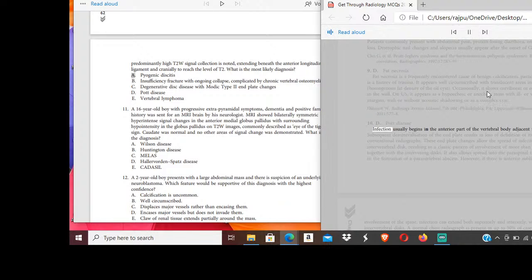D. Pott disease. Infection usually begins in the anterior part of the vertebral body adjacent to the end plate. Subsequent demineralization of the end plate results in loss of definition of its dense margins on conventional radiographs. These end plate changes allow the spread of infection to the adjacent intervertebral disc, resulting in a classic pattern of involvement of more than one vertebral body together with the intervening discs. It also allows spread into the paraspinal tissues, resulting in the formation of a paravertebral abscess. However, if there is anterior subligamentous